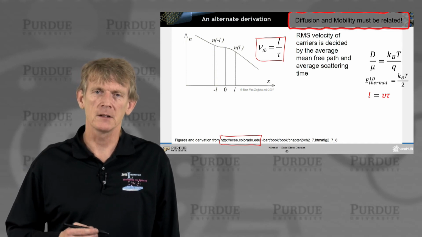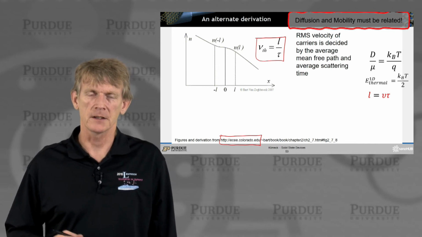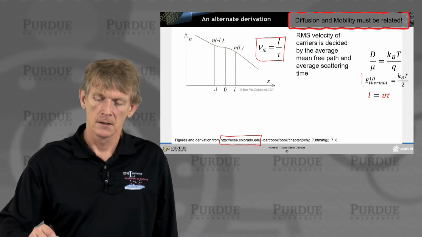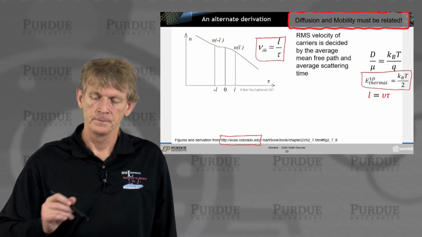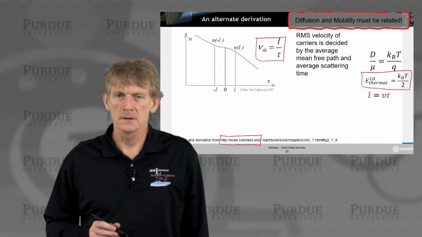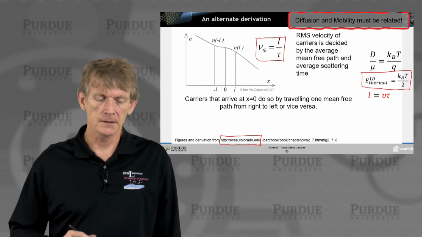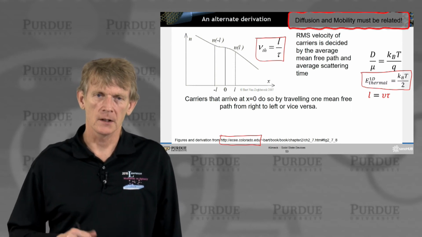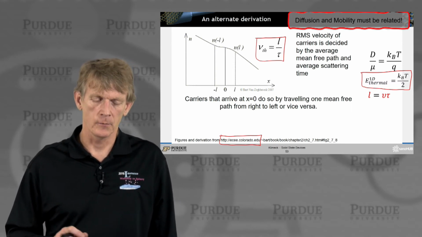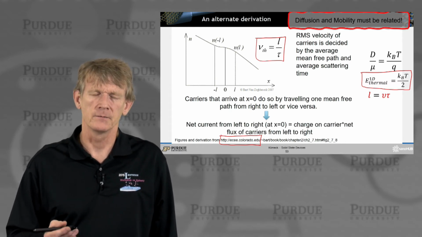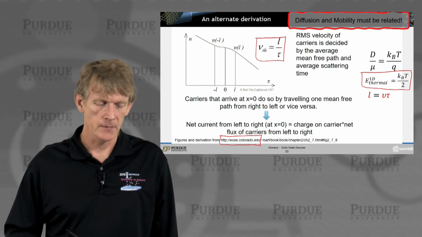So they travel a certain length, and then on average they scatter in a certain time, and that's their thermal velocity. We again have this assignment of thermal energy of 1/2 kT, and we do basically a similar calculation, but carry it through directly through differential expressions. Okay,